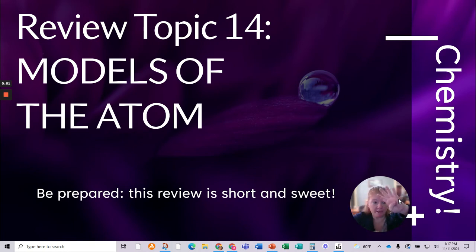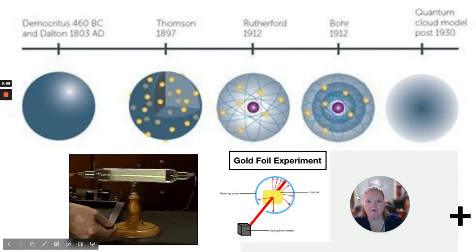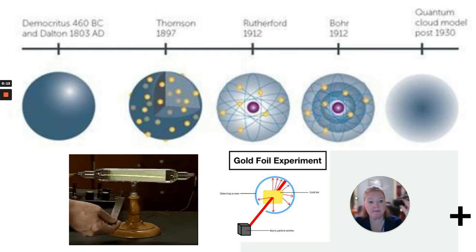Chemistry review topic 14, models of the atom. All right, so are you ready? Let's go. So the model of the atom first, Dalton, most well known because he came up with the first atomic